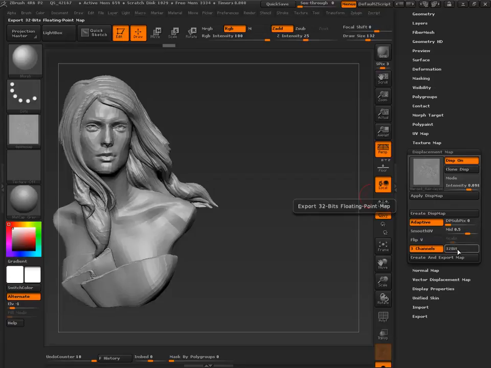Now, if you're going to export a 32-bit map, you have to create and export the map. You can't create the map inside of ZBrush. Okay, so now it's going to go through its process and create this again, and then we're going to watch this and then call it a day. But in essence, ZBrush does not read 32-bit maps through that alpha channel, so you can't keep them inside of ZBrush per se. That should change, but it's not for now.